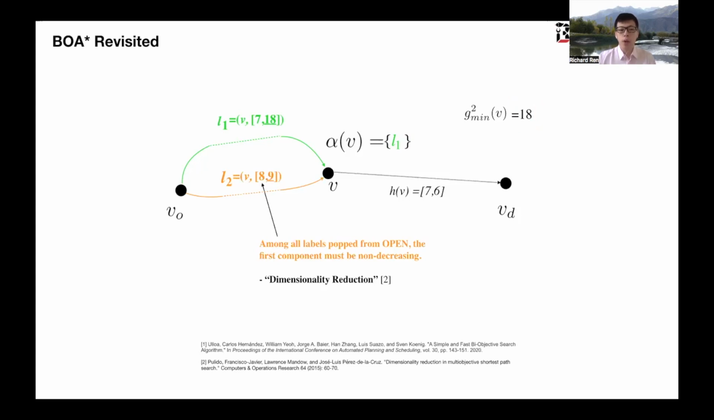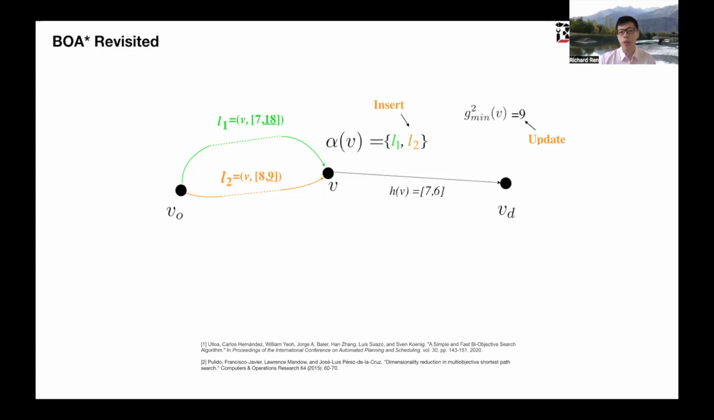Okay, now let's say we have a new label, L2. And the first key point is that among all labels that are popped from open, the first component of those cost vectors must be non-decreasing. This is because we have consistent heuristics and a lexicographically sorted open list. This is the so-called dimensionality reduction technique. So in other words, now we only need to worry about the second component in those dominance checks. So in this case, 9 is less than the current G2min 18. Therefore, L2 is non-dominated. So again, we will insert this label into the frontier set and update G2min to be